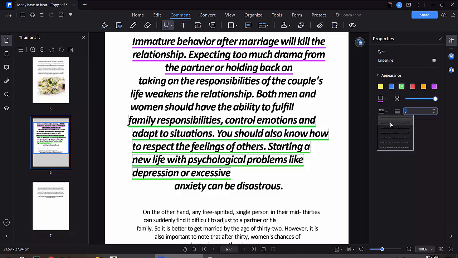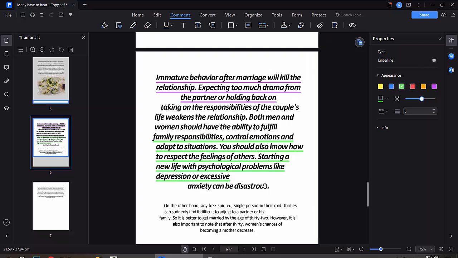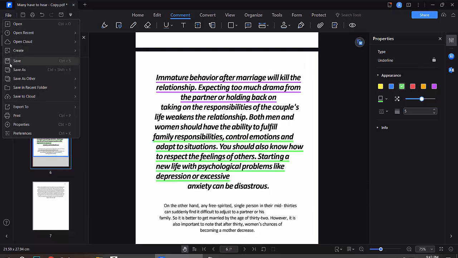Also you can add dash underline, dot underline, and also you can change this underline opacity and so on. In this way you can insert underline to text, and finally select this file option, save or save as a